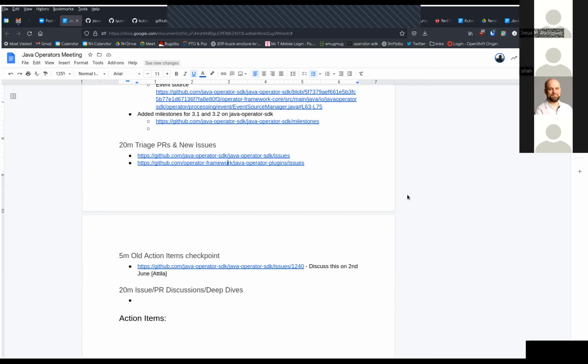Also, the other question is that people have been asking about how do we support several versions of the Quarkus extension via the operator SDK plugin, because some people might not be ready to switch to the 4.0 version of the extension, which maps to the 3.0 version of the Java operator SDK. All this is very confusing, but